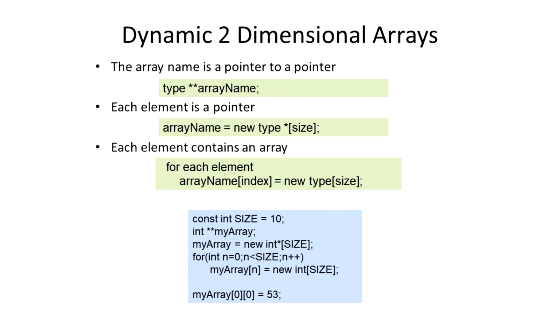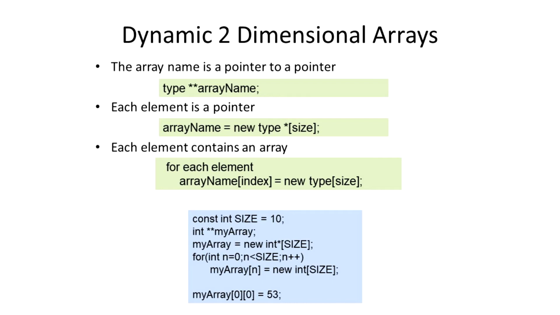And then we assign it a whole brand new array created on the heap using the keyword new, and then that size constant, which is just 10 this time, to create a 10 by 10 grid or table, matrix, spreadsheet, whatever term you want to call it. So that when we refer to the array subsequently, we can add on another pair of square brackets. As you'll see in the very last line, we refer to the row, which is 0, and then the column, which is 0,